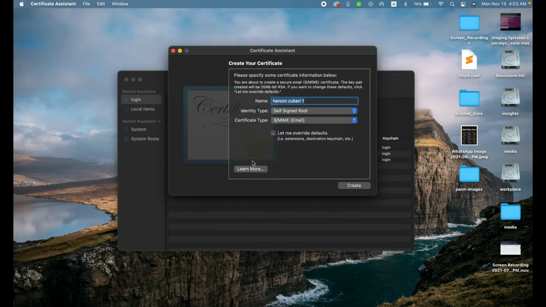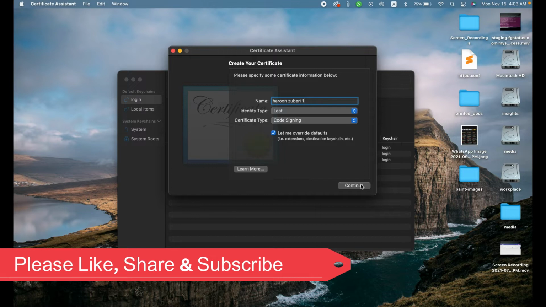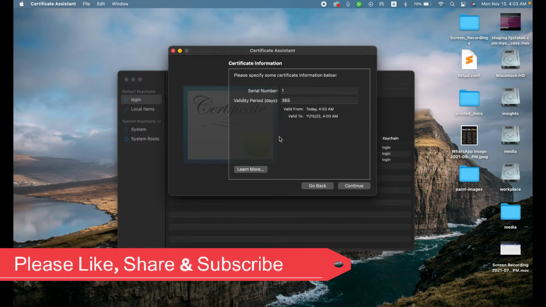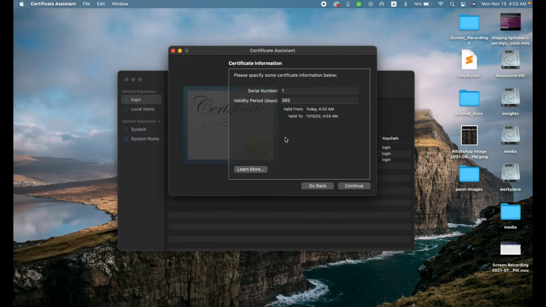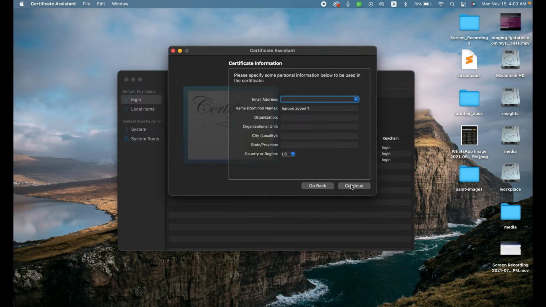and then it will ask you for some information over here. Information, name of the certificate, identity type. You just need to select the leaf over here, certificate type, code signing, and let's override defaults, and then click continue. And now it will ask you for some information such as the serial number, validity period, and all. You need to put in some information like